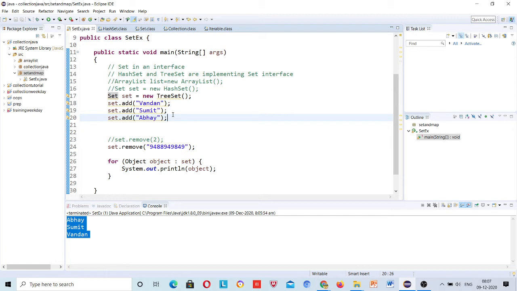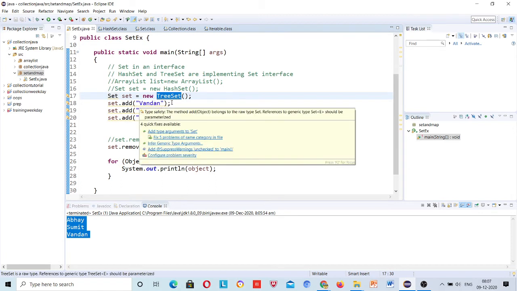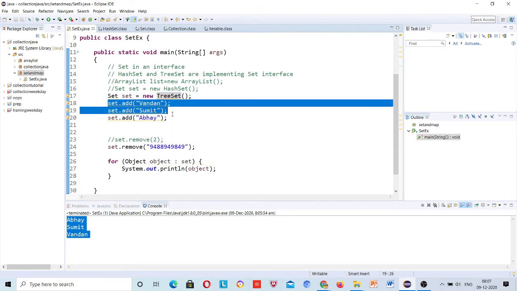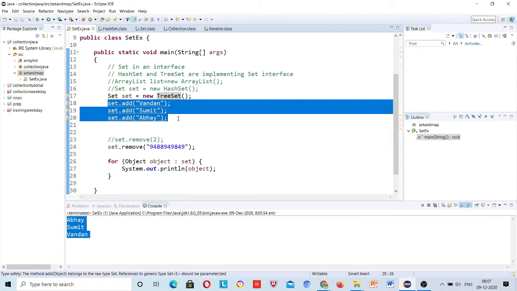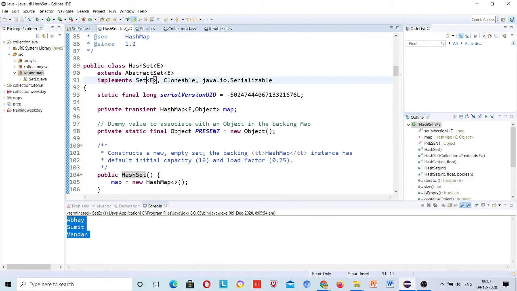That's it, right? There is no much difference between tree and hash. Yes, tree set does not follow any insertion order, as well as it follows its own sorting order, ascending order. This is the only difference that you need to understand here. Okay, thank you.